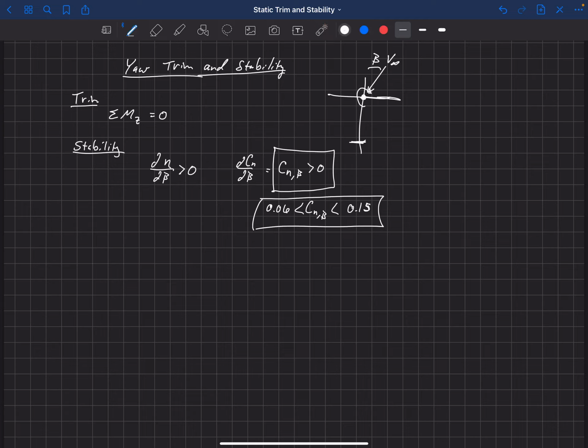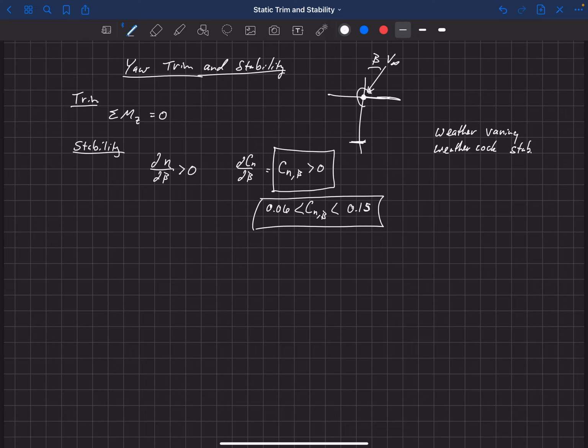Sometimes you'll see that in the literature, weather vaning or weather cocking, weathercock stability. So this is kind of like the things that sit on top of the barns, right? Like the rooster, the metal rooster, whatever, that's always pointing into the wind. You know, it's got the little arrow on it. That's basically what it does.